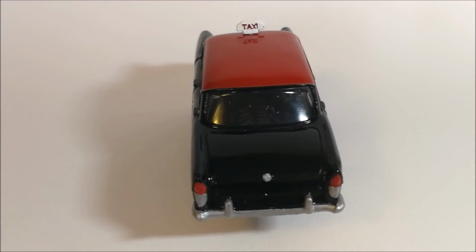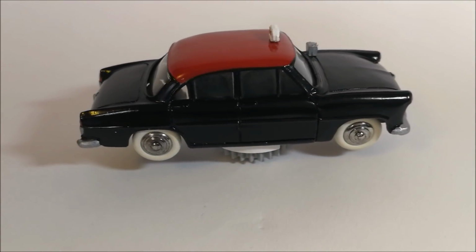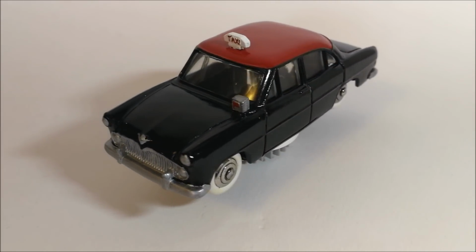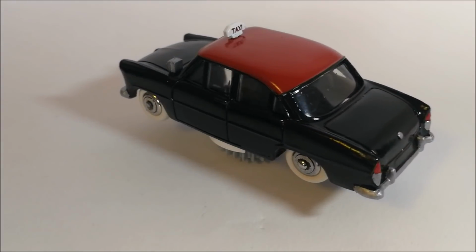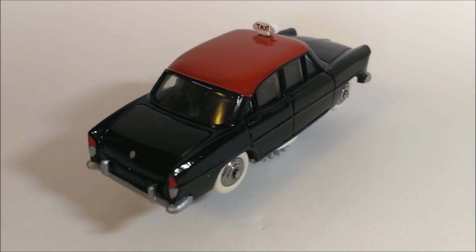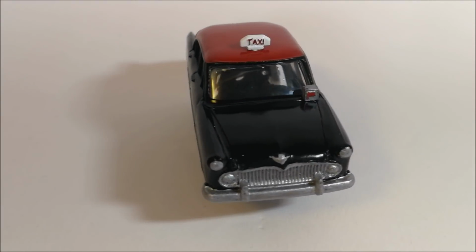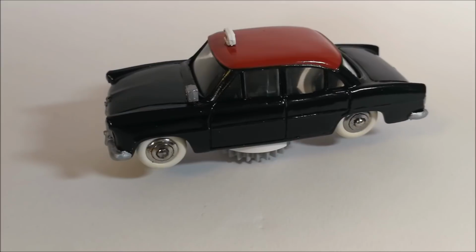Next we are going to restore a Majorette Saab 900 that will be again a 1/64 scale car. I know this is a 1/43 scale car and I normally don't restore 1/43 scale cars because I'm just collecting 1/64 scale cars. And so the Saab 900 by Majorette will be a very heavy modified custom. We're going to make the doors a bit longer, so we're going to make a 2-door car out of a 4-door car. We're going also to do a convertible out of it, and I don't know when the video will come because it's going to take some time and I already started it, but stay tuned for the